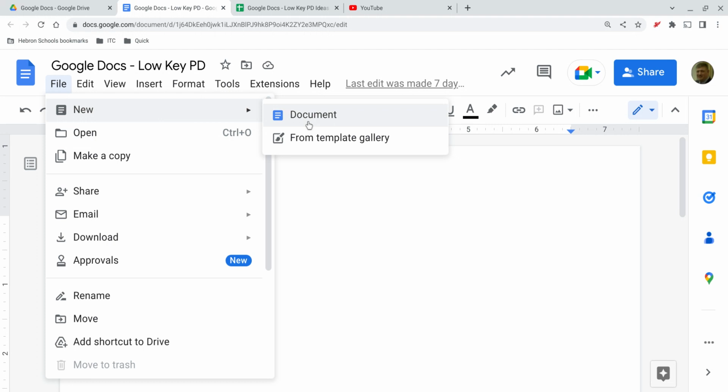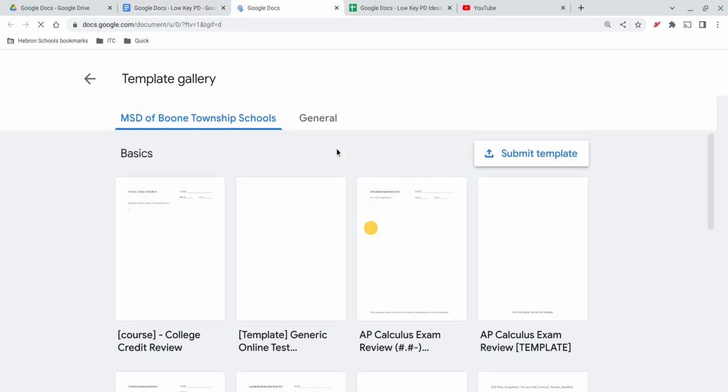There are tons of ways to create new Google Docs, but the really interesting one is the From Template Gallery. If you're not familiar with the template gallery for Google Docs, when you click on this, it will take you to a page that has different templates that people have uploaded. And the idea behind the template is if you're going to use a document and it has to have the